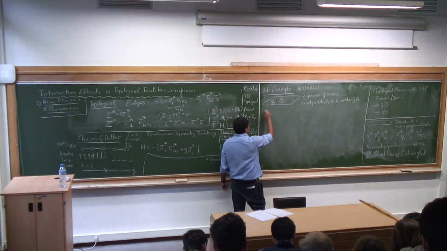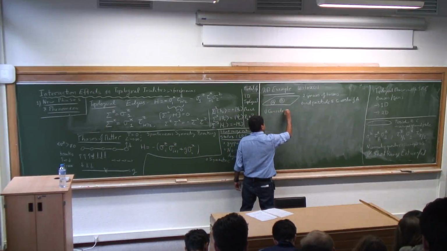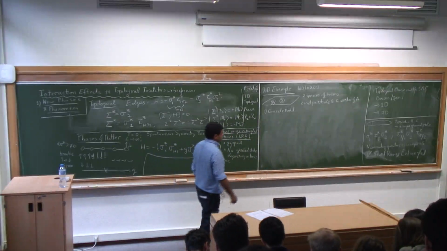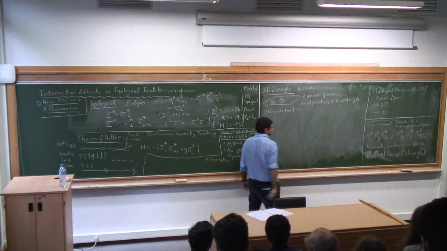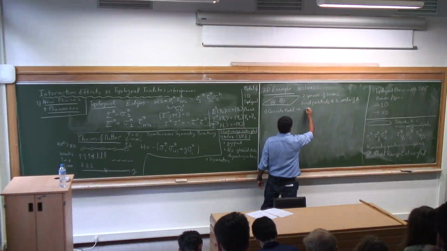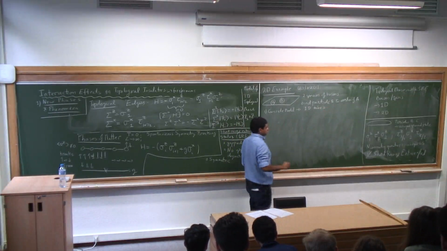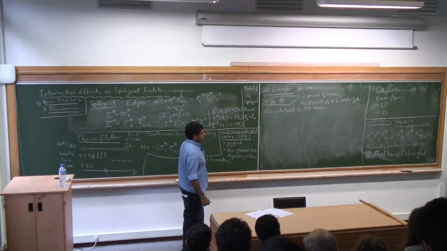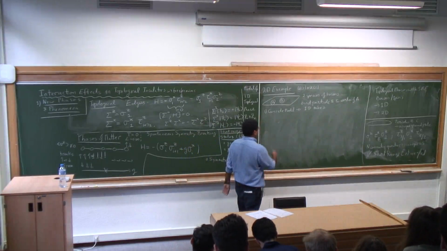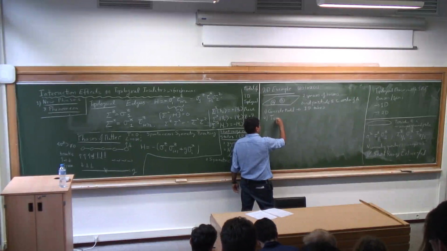Probably I won't have time for both today, but one is we'll actually write down a concrete model. Okay, a little bit like what we did for the 1-dimensional case, but because this is 2D, we won't quite be able to do it in as much gory detail as we did over here. We'll think of coupling 1-dimensional tubes, each of which carry these bosons in a particular way so as to end up in this topological phase. Okay, and that will tell you why you have edge states that are gapless, protected by these symmetries. And the other way we'll do it is to write down a topological field theory.